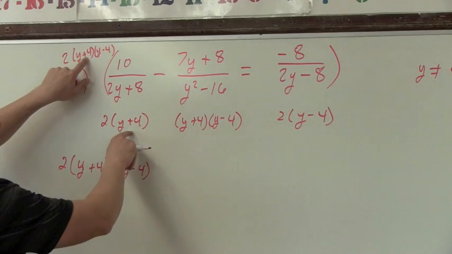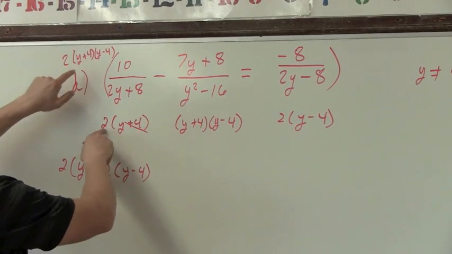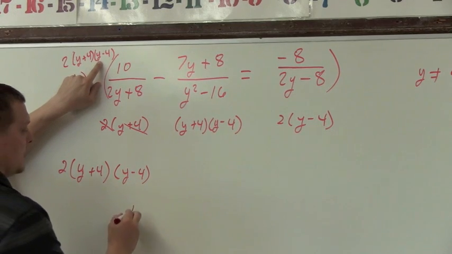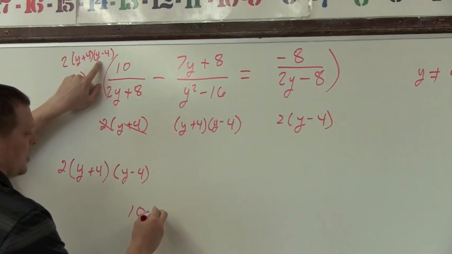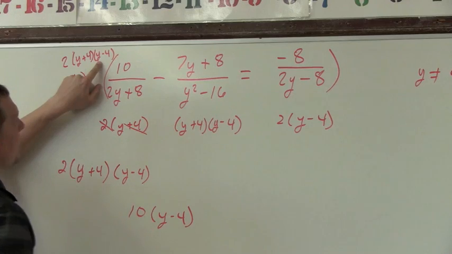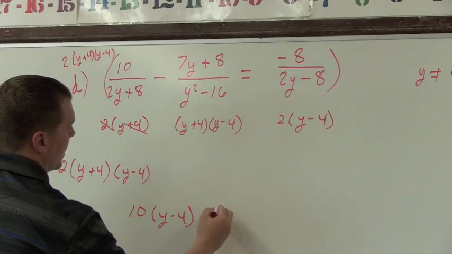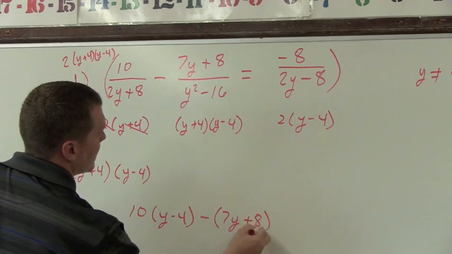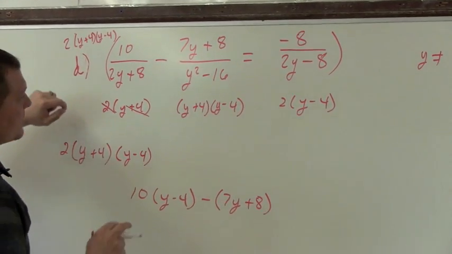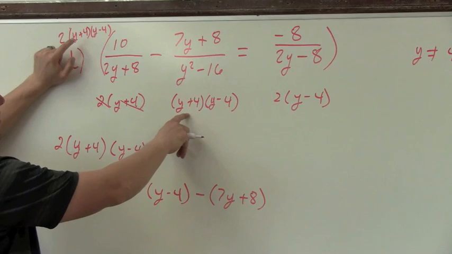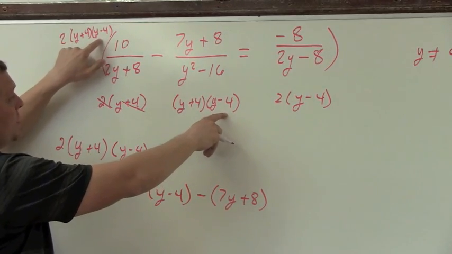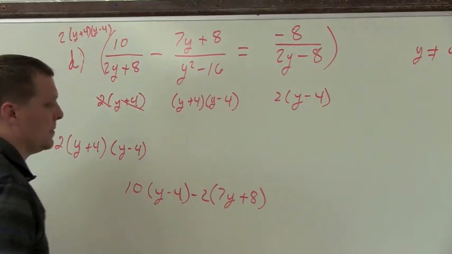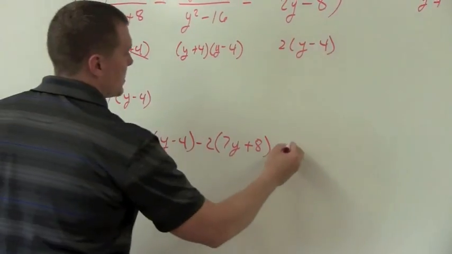Alright, the plus 4 matches, so that cancels out. The 2 cancels out, leaving me with just the y minus 4. So I'm going to have 10 times y minus 4 minus parentheses 7y plus 8. And then here we have the y plus 4s. We have the y minus 4s. The only thing I need is a 2. So I'm going to basically squeeze in a 2 right there. And that is going to equal